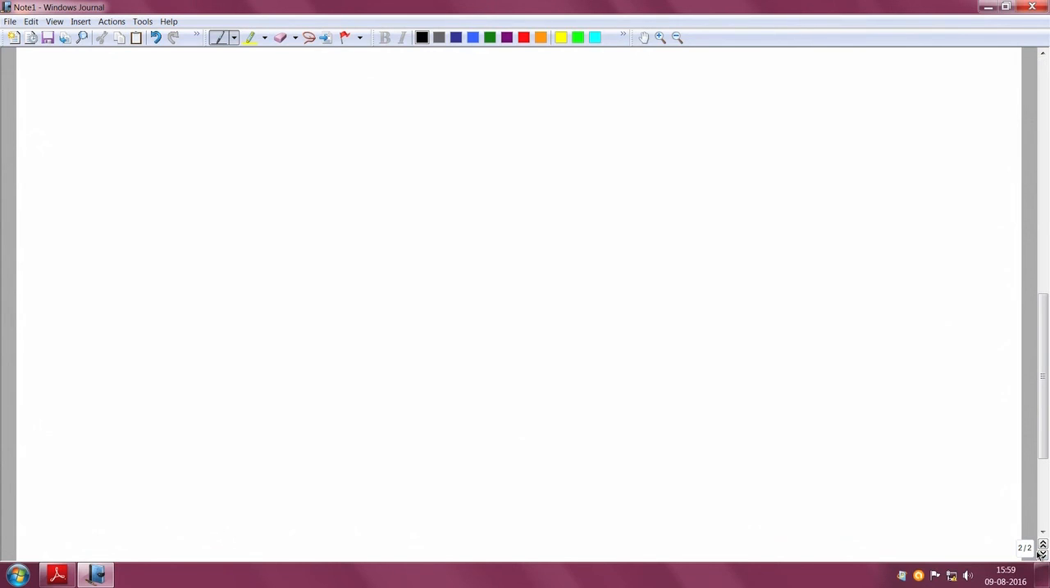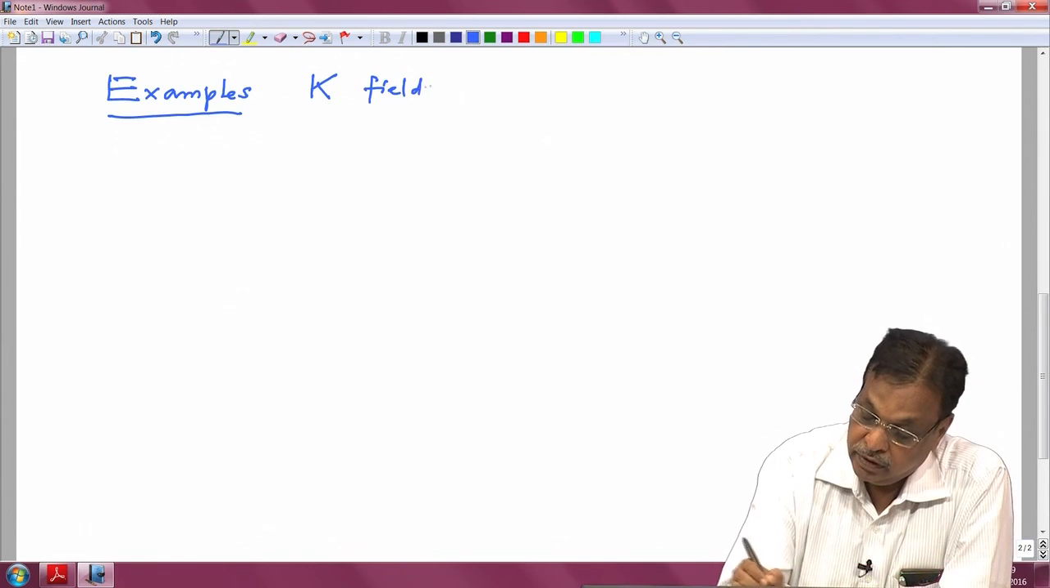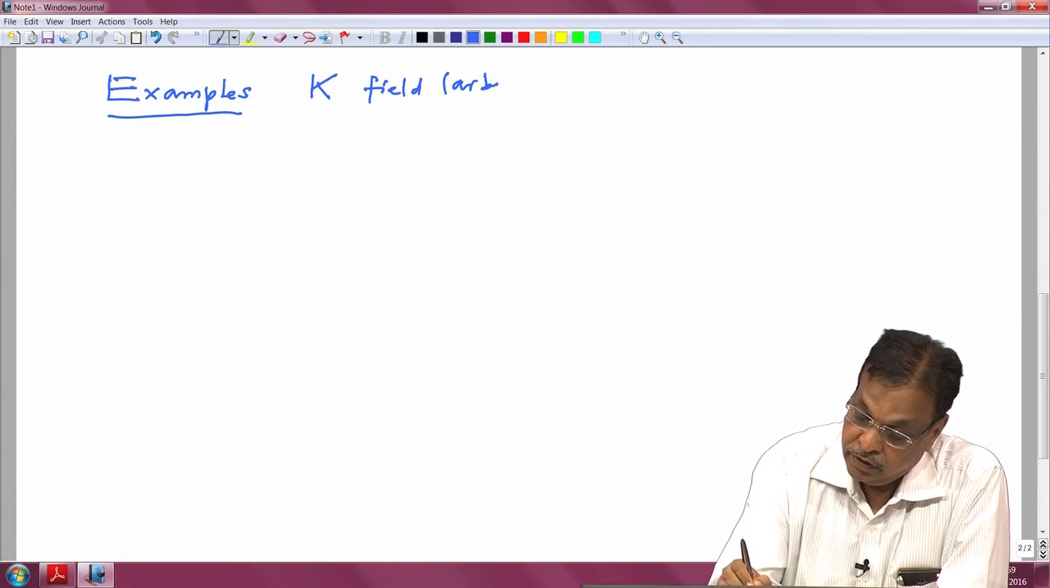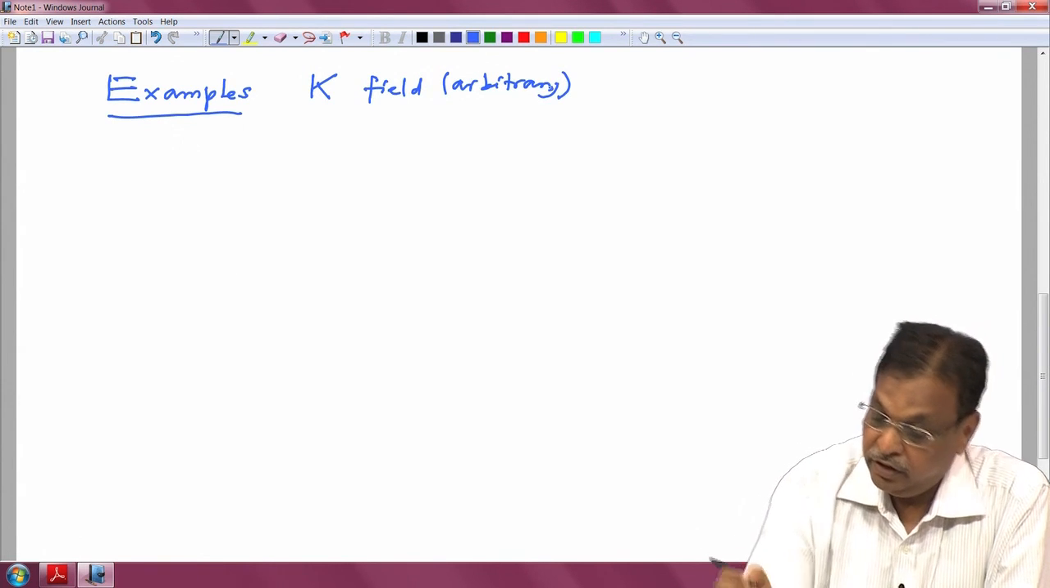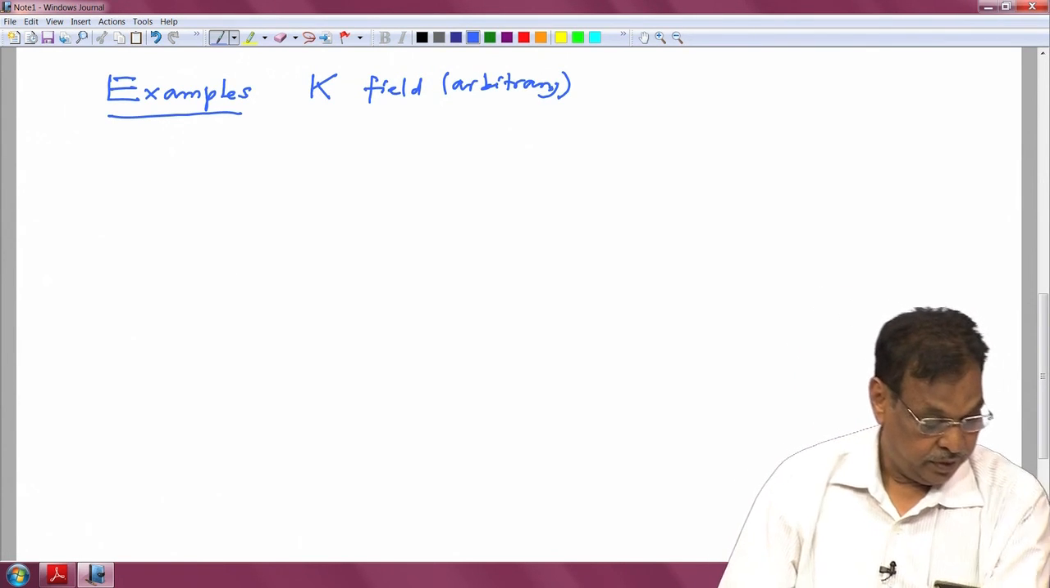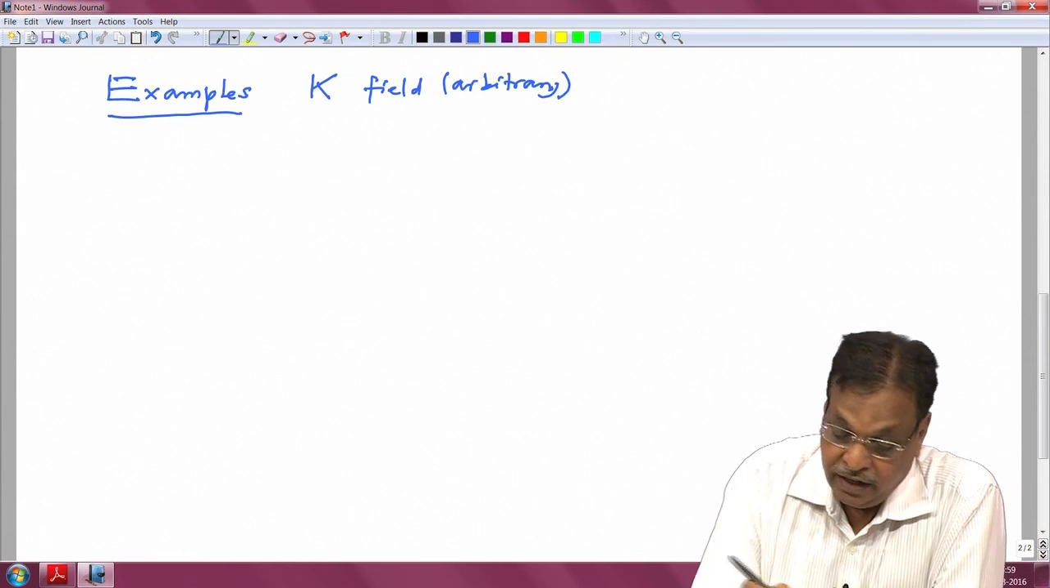Okay. So, now I want to see some examples. In these examples, let K always denote an arbitrary field. When I take special cases of a field, I will indicate that. Okay, and so, first one,